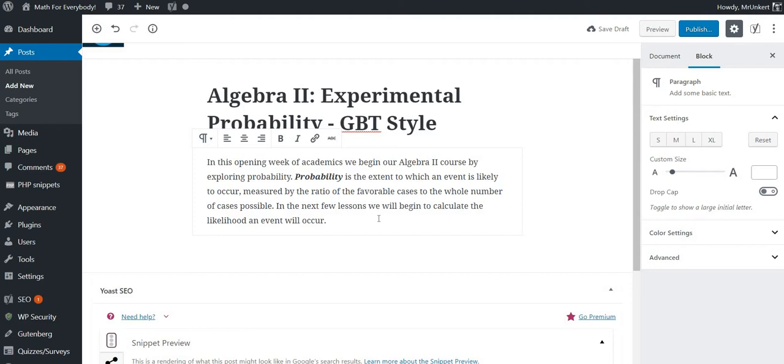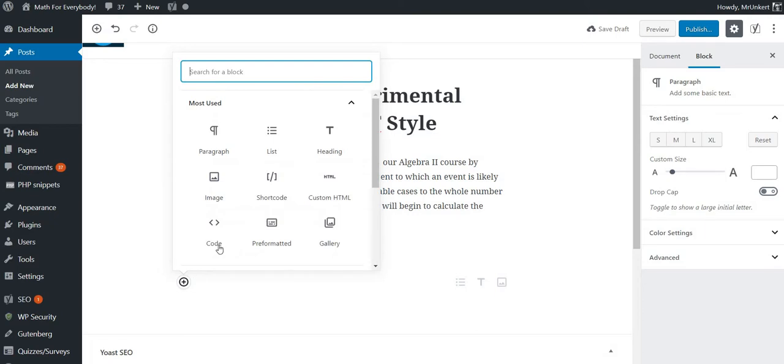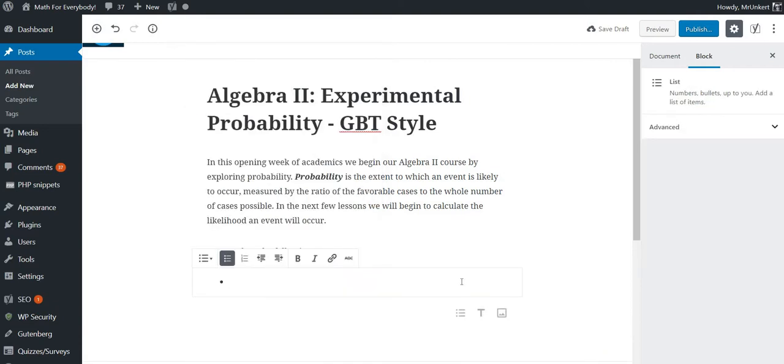And then I'm going to hit the Enter button here. That's going to bring me to another paragraph, and I'm going to say, let's explore the following cases. Okay, I'm going to hit Enter again, and this defaults me to a paragraph again, but I don't want a paragraph, so I'm going to hover over here where it says Add Block. I'm going to hit on this, and I can go and I can click on List. You'll also see it gives me the option over here to add a list. Either one will do the same, so I'm going to click one of those,